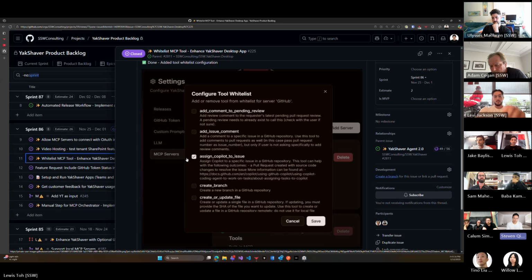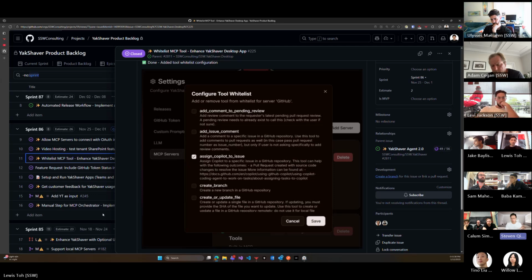The MCP orchestrator does not ask for approval when a tool needs to be executed. And there's a waiting mode. Every time the orchestrator needs to execute a tool, it sends out a prompt to the user, but it only waits for 15 seconds. If the user does not deny it, it will automatically run that tool. And the other one